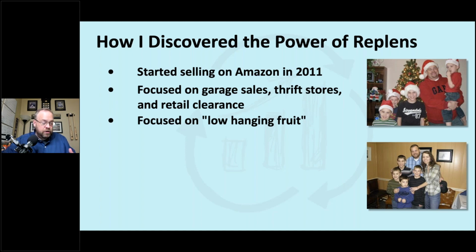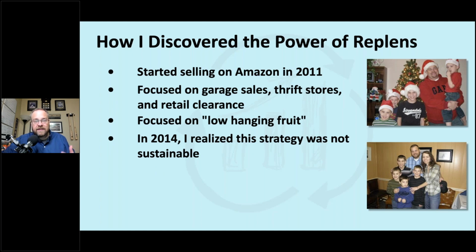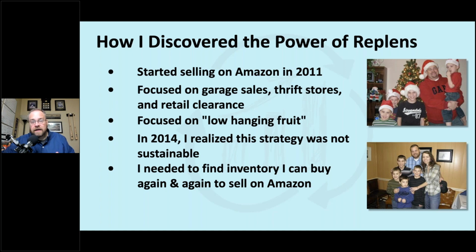And replens have been a huge answer, because before replens, I realized that this whole garage sale, thrift store, retail clearance, finding stuff on sale, buying stuff for liquidation, getting these temporary inventory opportunities, was not sustainable for me at all. So I needed to find inventory that I could buy again and again to sell on Amazon. I needed inventory where I could really get some momentum going,